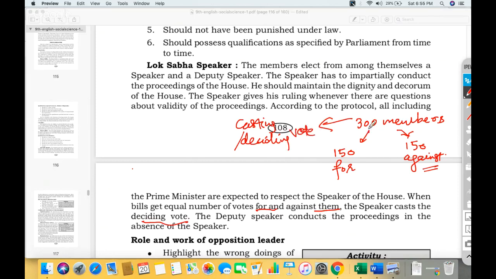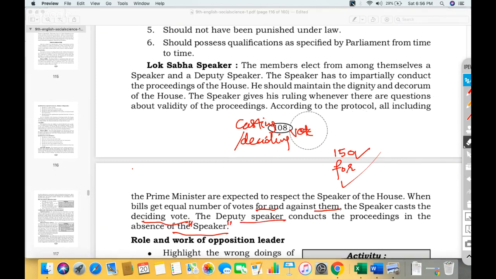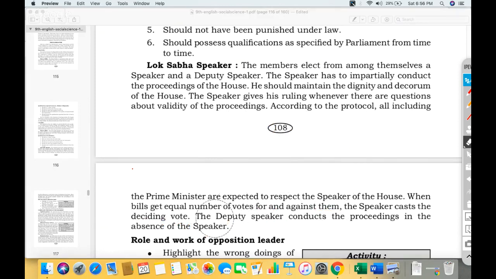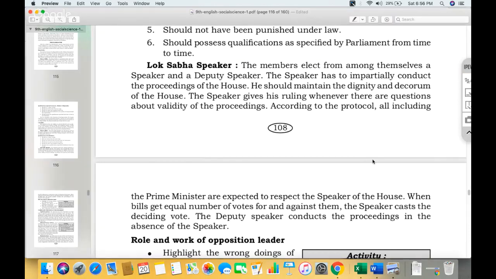So if he decides for, then it's for. If he decides against it, it's against it. Deputy Speaker conducts the proceeding in the absence of a Speaker. Only when the Speaker is absent, Deputy Speaker would be given charge of conducting the proceedings of Lok Sabha. Now, apart from Speaker and Deputy Speaker, we have